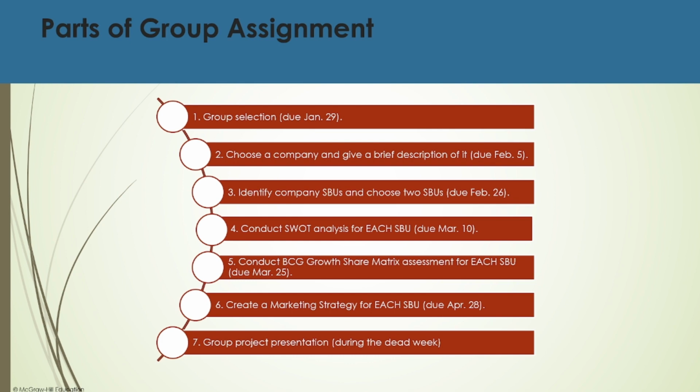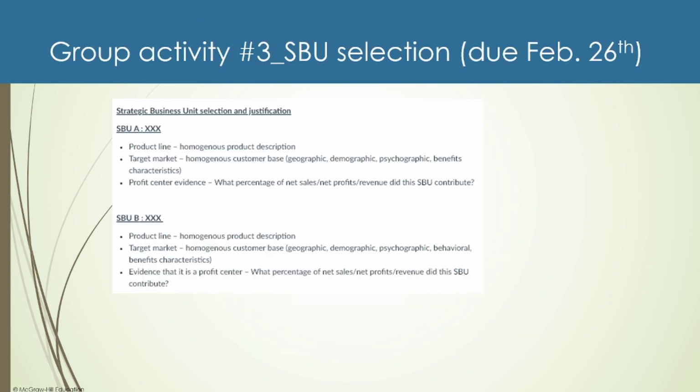We have 7 submissions for our group assignment, and right now we are on number 3: identify company SBUs and choose the 2 most important ones for the company that you are interested in. This is the format that I suggest you follow. You put the name of the strategic business unit of the company there, and talk about 3 aspects of this strategic business unit, including the product line, the target market, and why you think it is one of the 2 most important